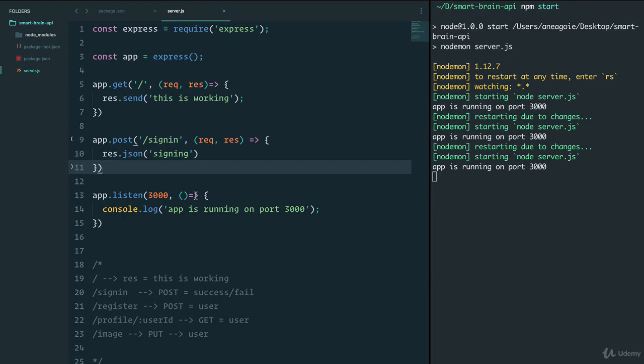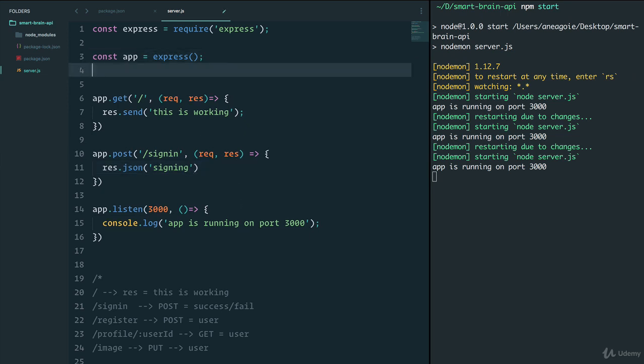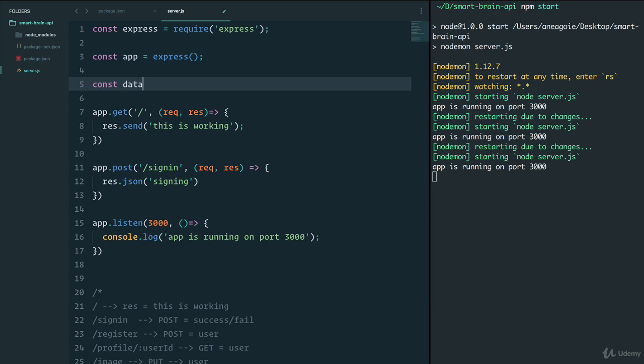All right, so let's think about sign in. We're not going to necessarily just say sign in and that's it. We want to check whatever the user enters on the front end. It's going to come back here in the response or in the request, and we want to check it with our current list of users to make sure that their passwords match. So it sounds like we need some sort of a database. But for now, because we haven't learned about them yet, we're going to create a variable. And this variable is going to be called database. And it will have